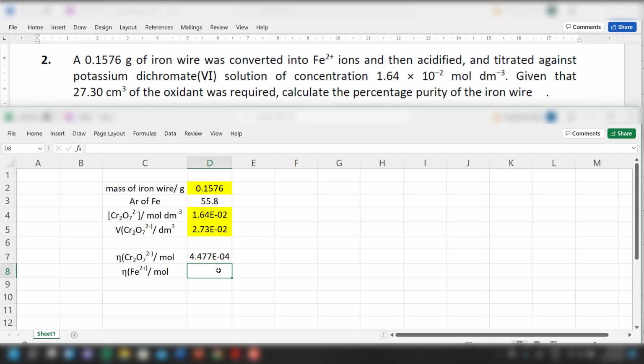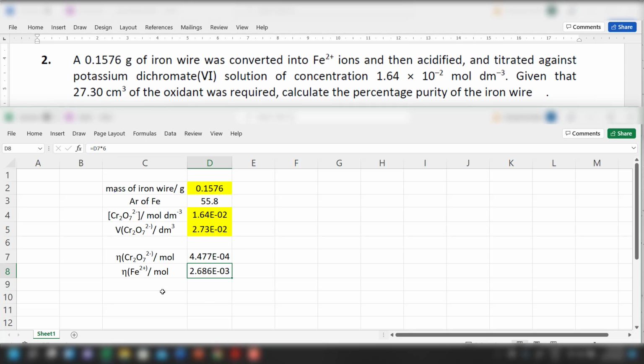So there are 2 chromium in dichromate, so altogether it needs to gain 6 electrons. When iron 2 gets oxidized to iron 3, it loses 1 electron. So the stoichiometric ratio between iron and dichromate will be 6:1. In order to calculate the amount of iron here, we will just multiply the amount of dichromate by 6, and then I'm going to get a number, 2.686 times 10 to the power minus 3